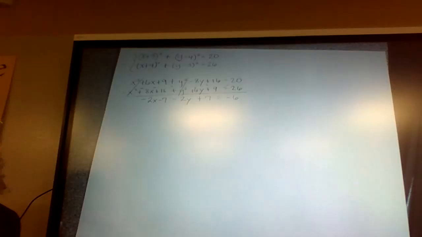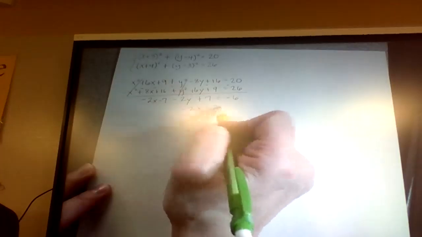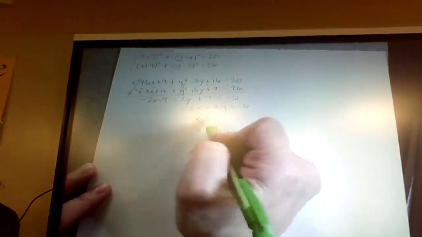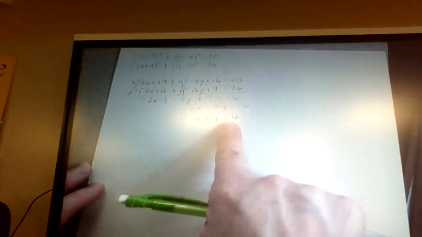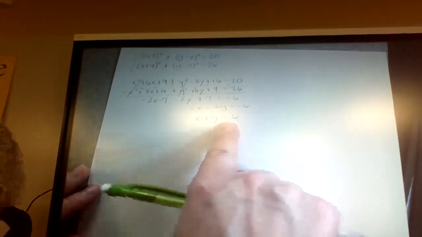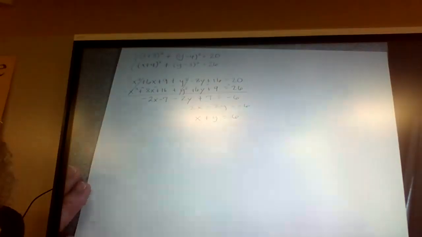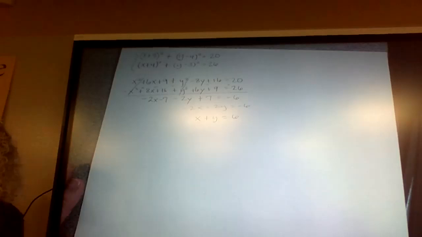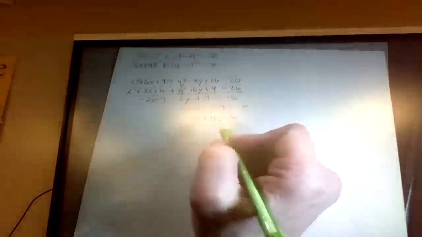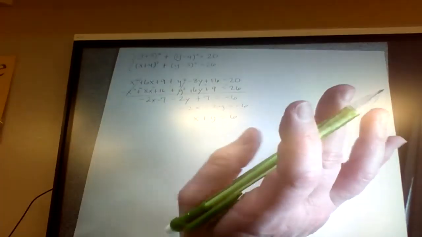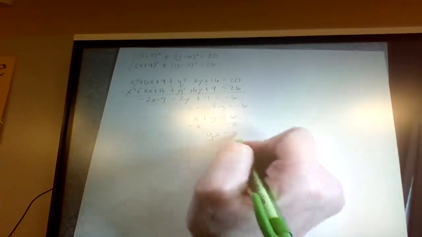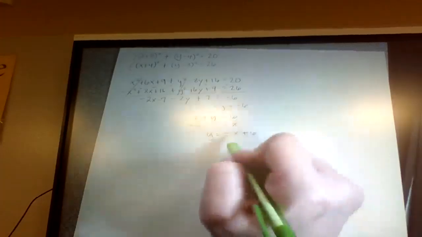Hold up, that's a plus 7. That's what I'm simplifying that to. Now, still can't really get anywhere with this. If I subtract x and say that y equals negative x plus 6, I can now take this and